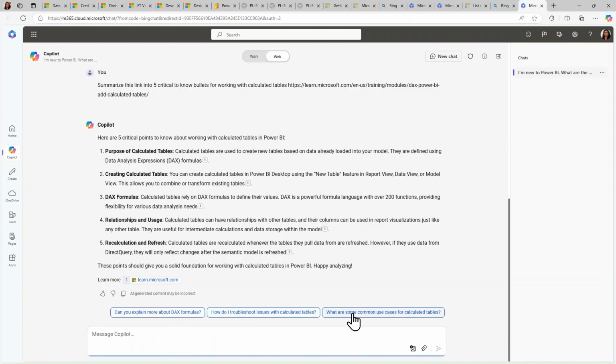You have some links here that you can get into very easily, or down at the bottom, relationships, the formulas, recalculation, and refresh. These are critical points that I found here in MS Learn, the path, so we can tell it specifically where to look, and that's where it found this information.